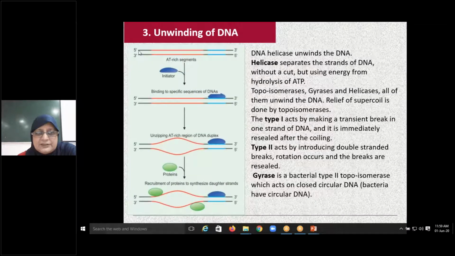So here you can see these are the two antiparallel strands of the DNA, and this is an initiator protein, so you require an initiator protein also, which binds to specific sequences of the DNA in order to initiate the replication. And we said DnaA will help in separating the duplex strand, while DnaB, or helicase, separates the strands of DNA. And here one more important thing you have to see: the unwinding will occur from both the ends.